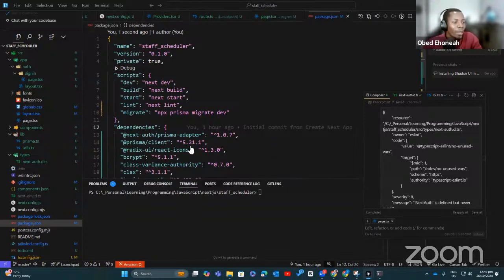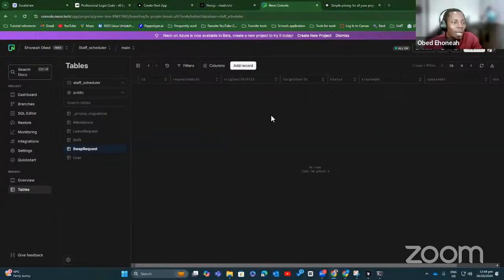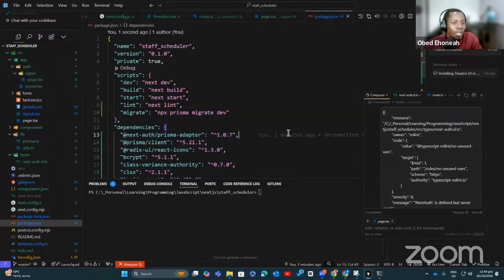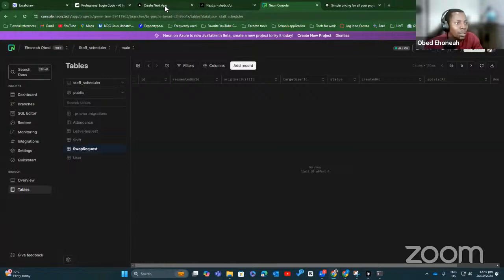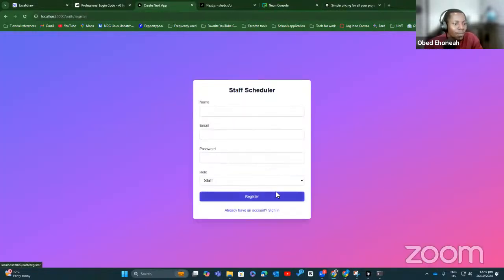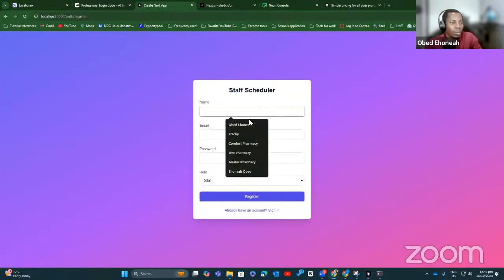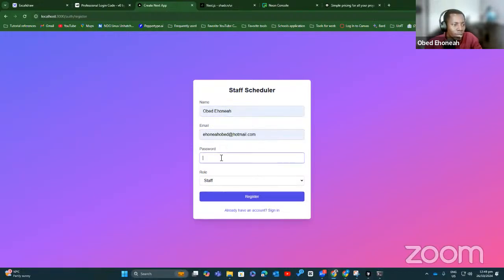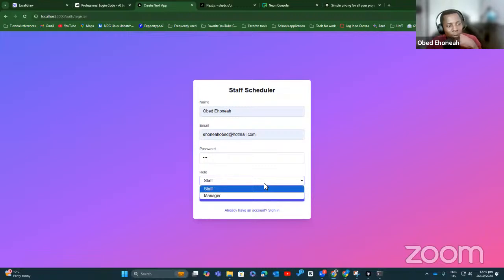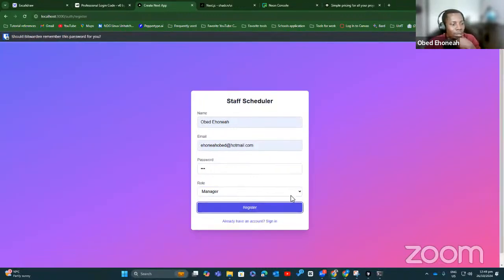Okay, so now we've migrated this thing. Let's test out our registration screen. We didn't redesign the registration screen, right? Oh, we did, but even the one that it gave us, we still don't like it. Okay. So my name is Obed. My email to use is this. Password, let's do 123. We've not done any validation. Then, oh, am I joining as a staff or manager? Let's say manager, register.